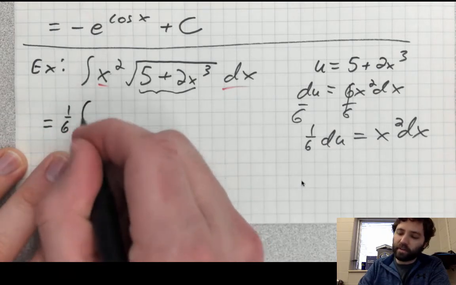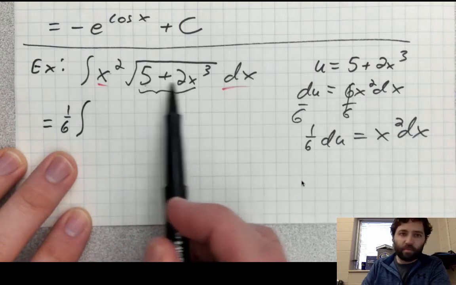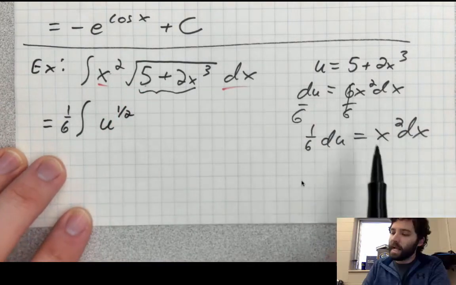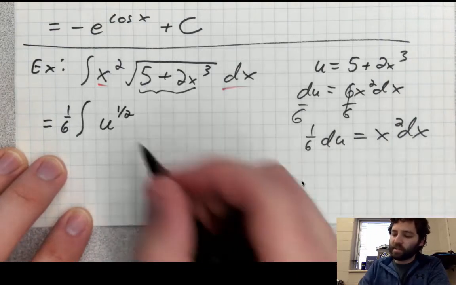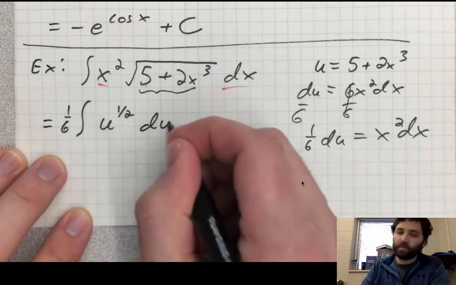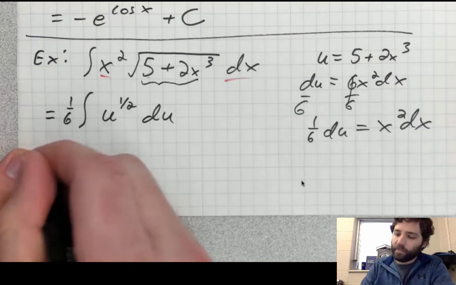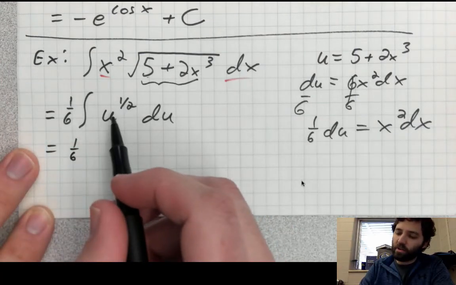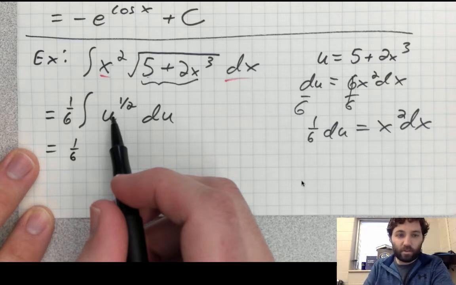And so I will end up with 1/6 on the outside of the integral. In place of this, I'm going to put u. So I'll have u to the 1/2 because it's a square root. And then x squared dx is 1/6 du. Now I can antiderive. So I get 1/6, add 1 to the power and divide by it. So that is going to be u to the 3/2. Divided by 3/2 is the same as multiplying by 2/3. So that'll be 2/3